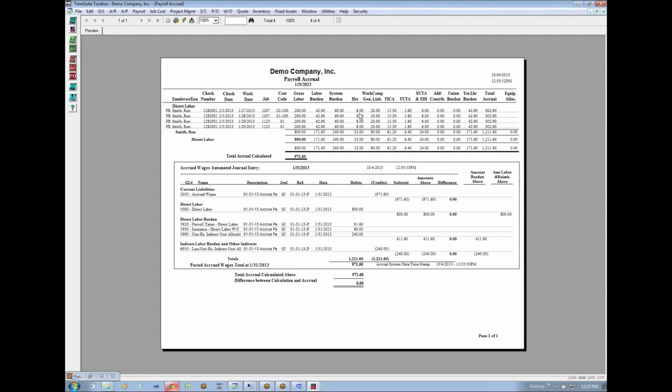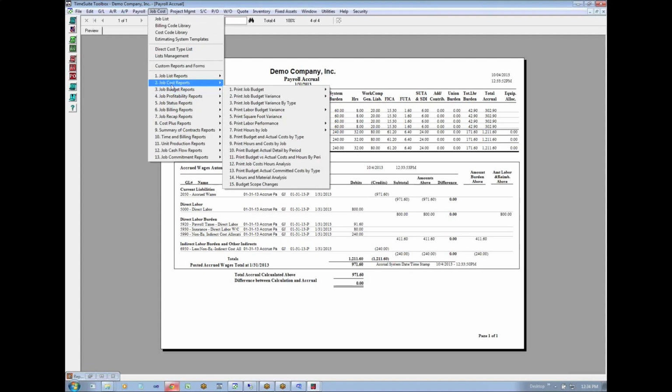So we have labor burden: workman's comp, FICA, FUTA, state unemployment, 401k, that kind of thing. You've got all these burdens associated with each time card row, and the time cards are paid in 1 month. That's when the general ledger transaction happens, like the payroll check, and then the accrued wage, the labor, happens in the previous month, and the job costs will pick up all those costs as of 1/27/25 on the general ledger. If you don't accrue wages, then you're not going to be in sync. Your job cost is going to be off. So when you run this report,